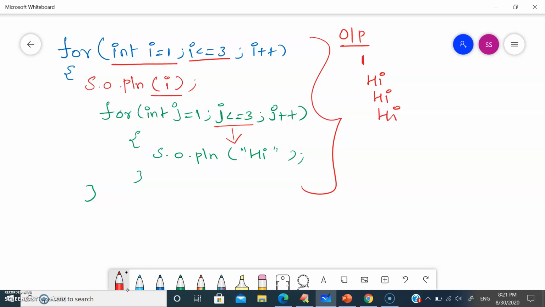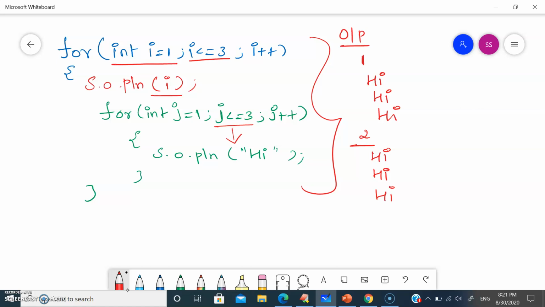Again it goes to the outer for loop. Now i becomes 2. Again j starts from the start. j is equal to 1, 1 is less than or equal to 3, hi. j became 2, 2 is less than or equal to 3, yes, the condition is true, it prints hi. j became 3, 3 is less than or equal to 3, it prints hi.